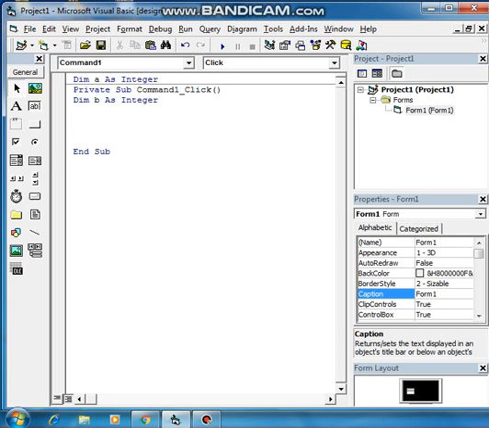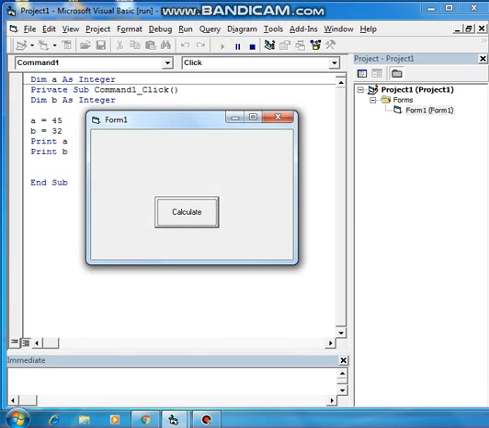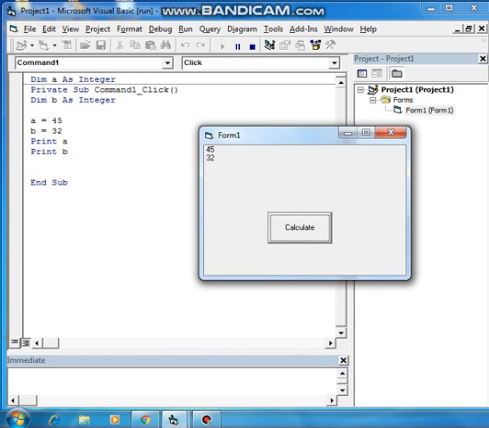One I declared on the top of the procedure, and one I use inside the procedure. So here I can write a equal to 45, b equal to 34, and print a and print b. Am I getting any error or what? You just please check. No, because I'm in a procedure, I can use this as well as this.